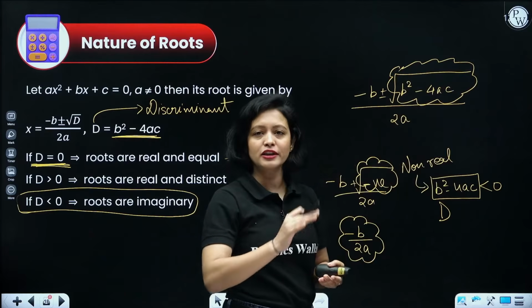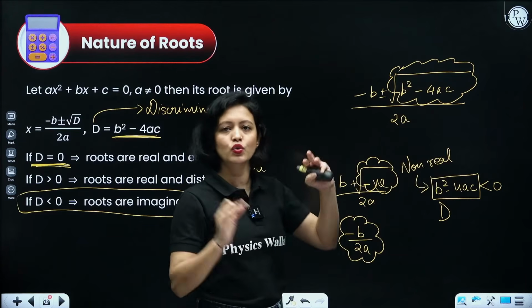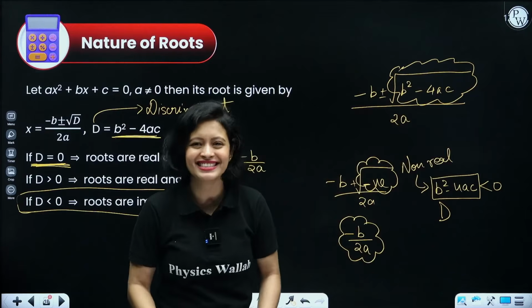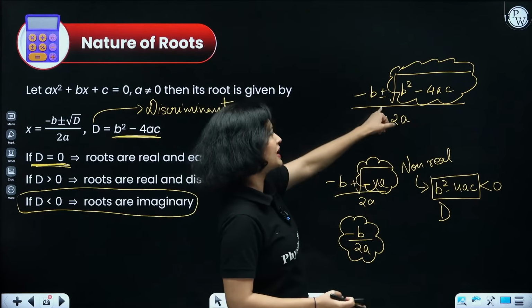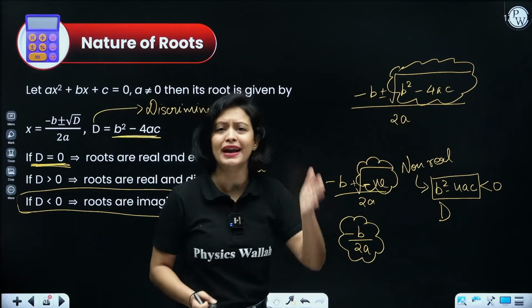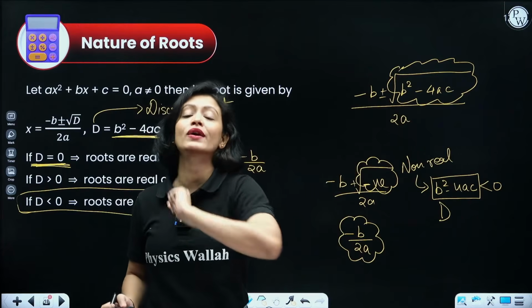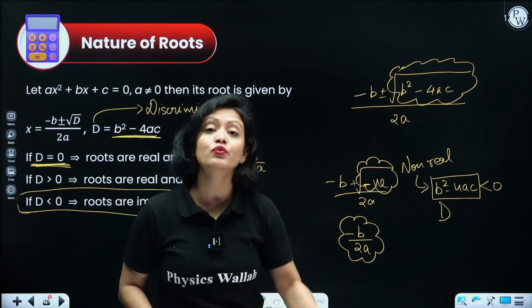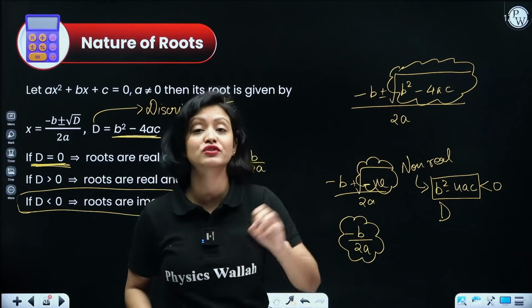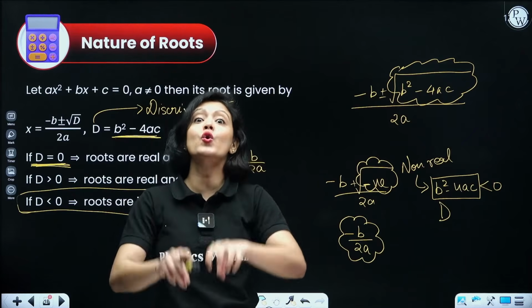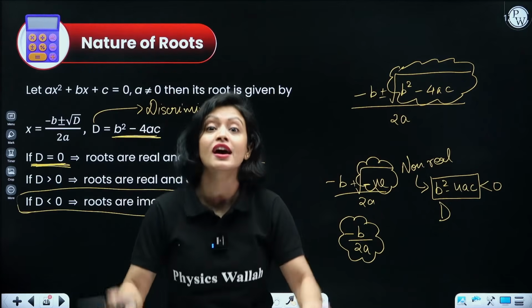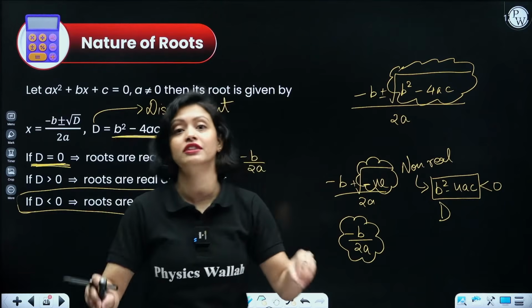Right? If b square minus 4ac is greater than 0, then its under root would be in the world of real numbers. It will exist. And if it will exist, the plus or minus sign will come, right? So one root would be minus b, minus under root of b square minus 4ac over 2a. And another root would be minus b plus under root of b square minus 4ac over 2a, right? So you'll get two distinct real roots when discriminant is greater than 0.